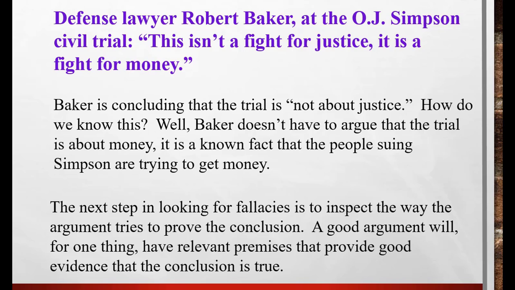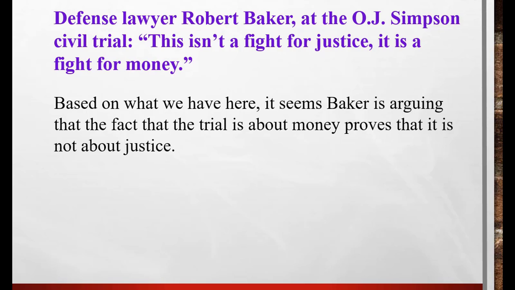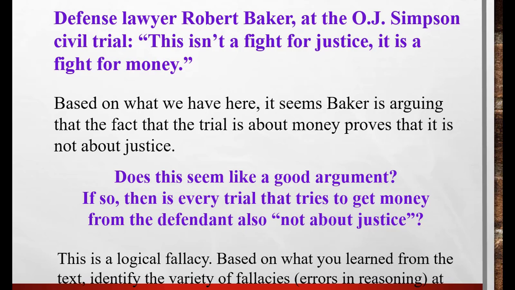The next step in looking for fallacies here is to try to inspect the way the argument tries to prove the conclusion. A good argument has relevant premises that provide good evidence and lead us to see that the conclusion is true. Based on what we have here, it seems as if Baker is arguing that the trial cannot be about both, that if it's about money, it cannot be about justice. And then when we ask whether that seems to be a good argument,